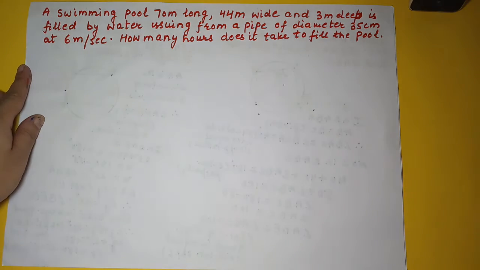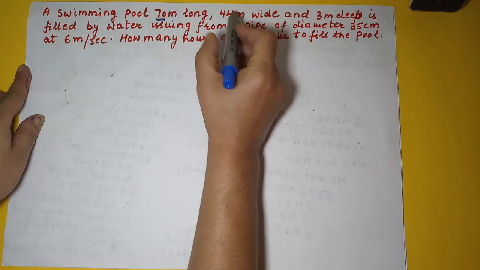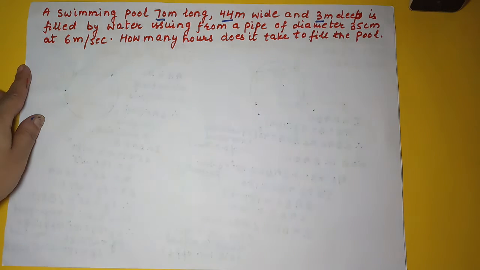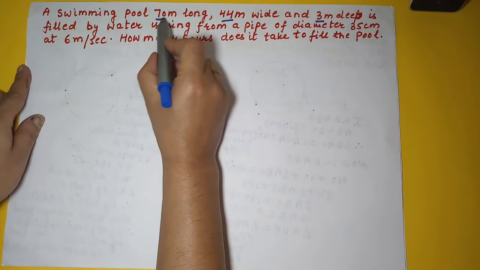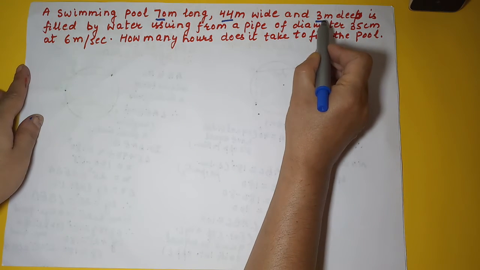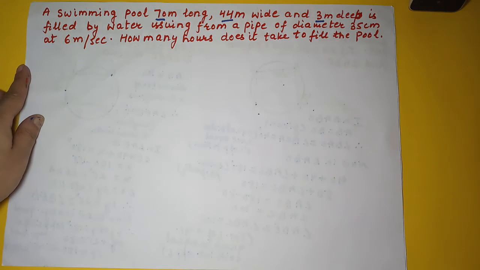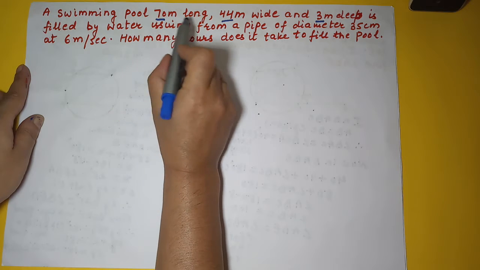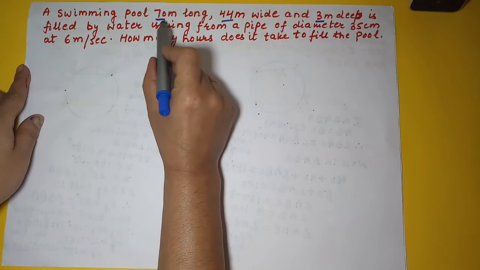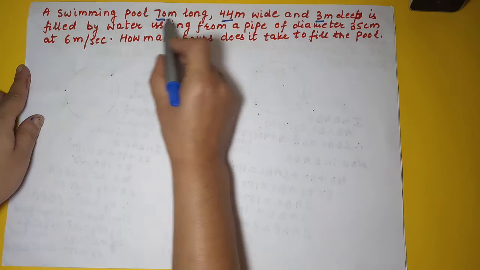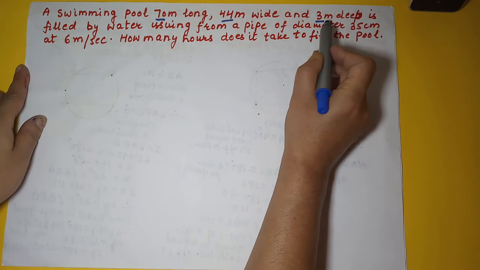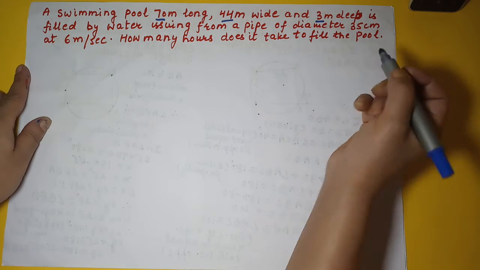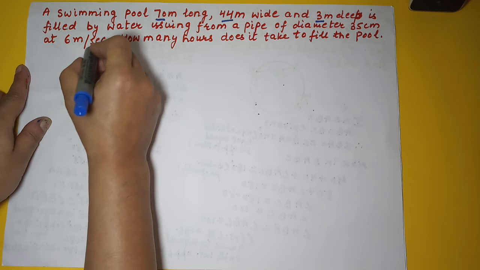Right? So if you look at the dimensions, the pool is a cuboidal one, right? That's why the length, breadth and height of the pool is given. Now we have to fill this pool up to the brim. Does that mean the volume of the water flowing through the pipe is equal to the volume of the swimming pool, right? So let's see whether we have all the dimensions.